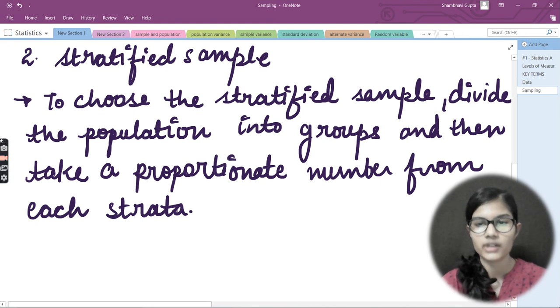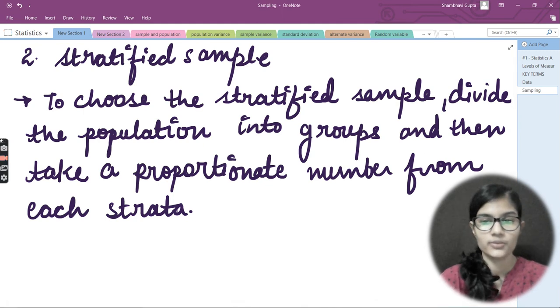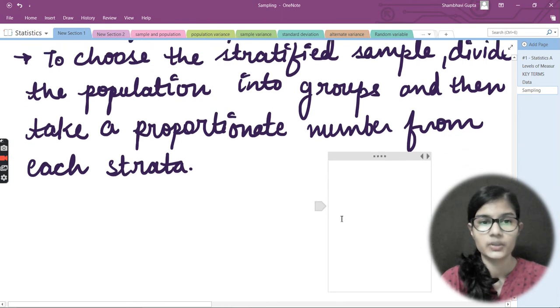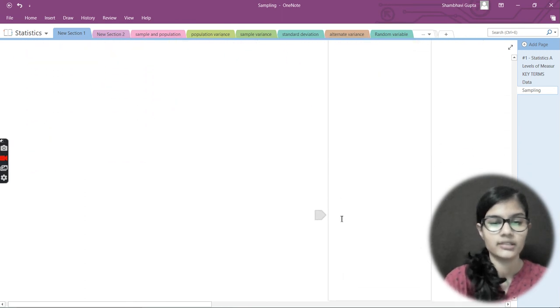To choose a stratified sample, we first divide the population into different groups and then take the proportionate number from each of the groups which we had divided. This is how we perform a stratified sample. I hope you're okay with this.